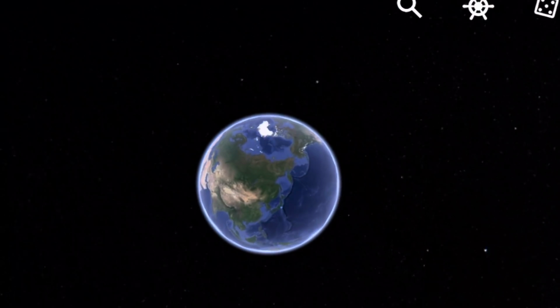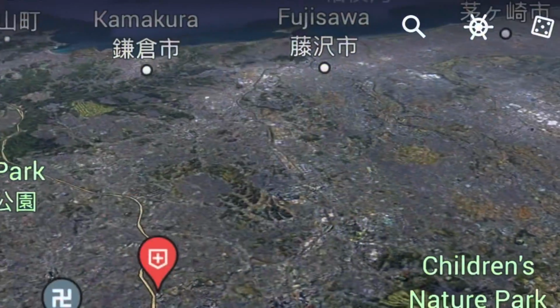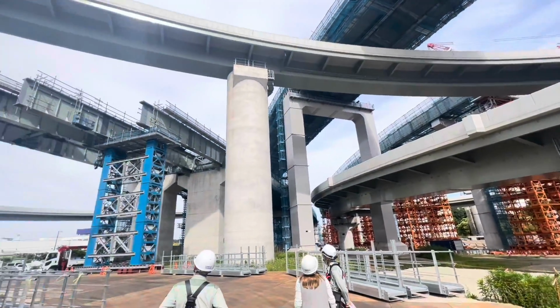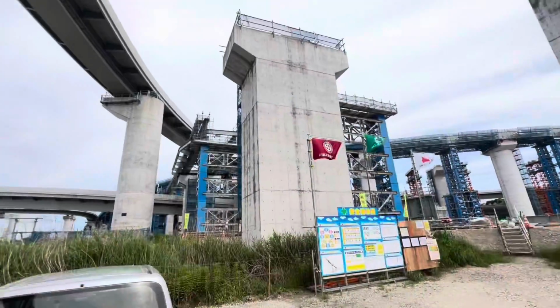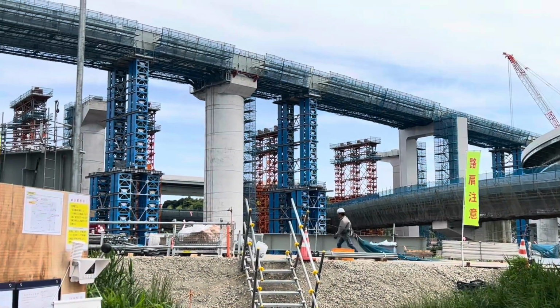Well, hello everyone. We're back on the road for another pre-tour visit, and this time we're going to Yokohama, which is outside of Tokyo, to a massive bridge project. Hundreds of millions of dollars. Quad Industries has part of this project. Their total bid is about 70 million for what they're doing, and they're constructing this amazing bridge that is very, very